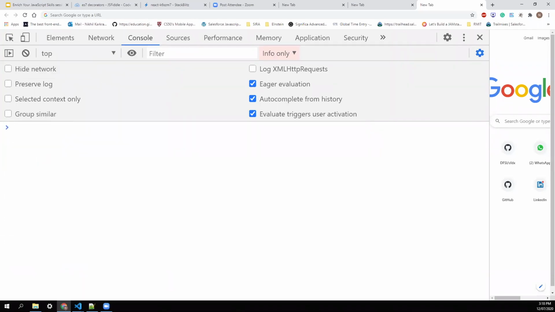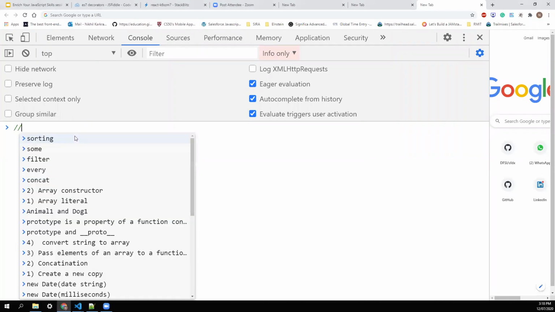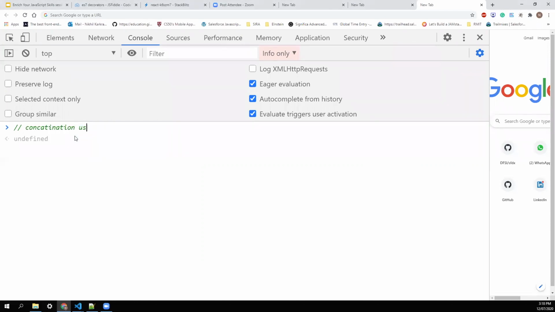So just now we saw how to create a new copy. Now we'll go and see concatenation using spread. So now I have again the same array X, and I want to add some values to it. I can say spread my X and add the values 6, 7, any number of values you want to add.